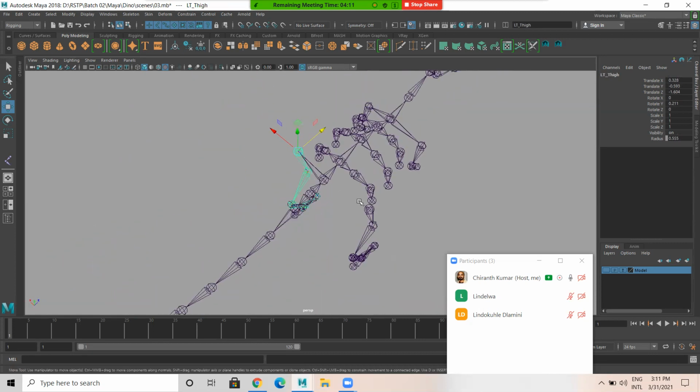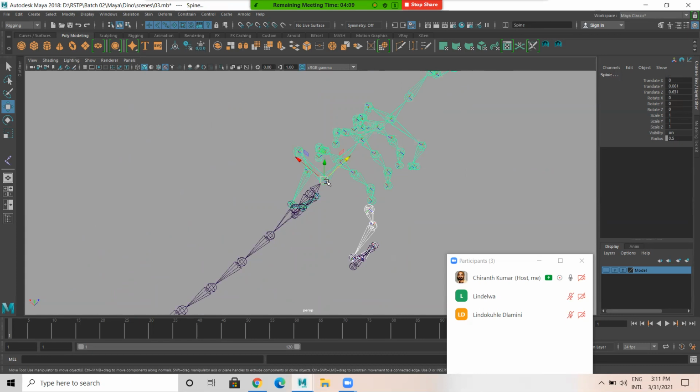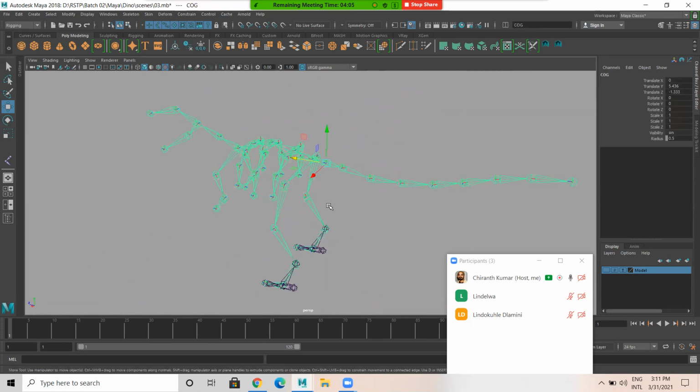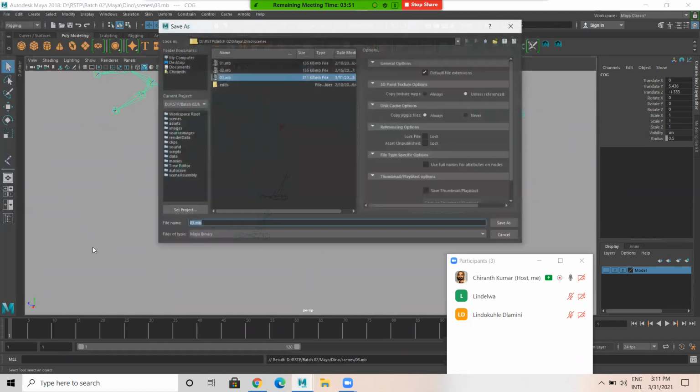Select this and this, P. Okay. Now the main one, when you select this cog, everything should be selected except this reverse foot. Now once the joint is done, I'll save it as dyno rigging.